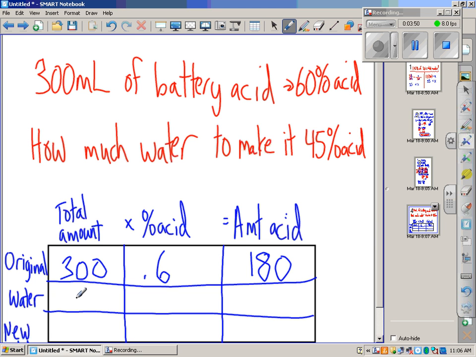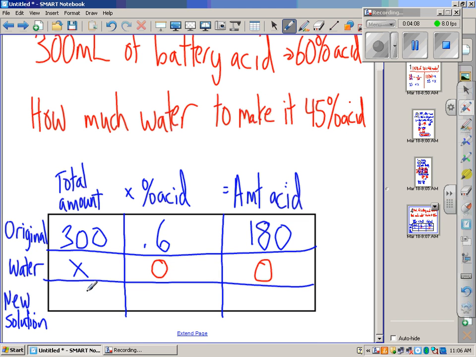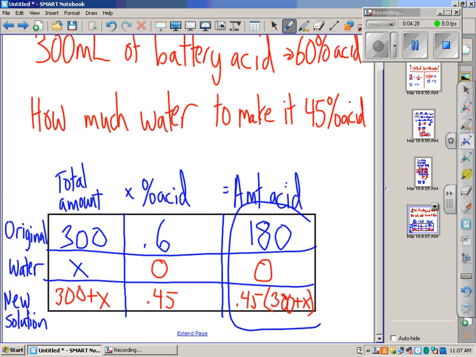The water, we add a certain amount, and this is a key feature here. If you wanted to increase the percentage of acid, you would add pure acid, which would be 100%. In this case, we're adding water, which has 0% acid. Multiply across, you get 0. We have 300 plus x, and the new is 0.45. We multiply across, 300 plus x, and our equation again comes from the last column. So the nice thing about this is because this is a 0, it's just 180